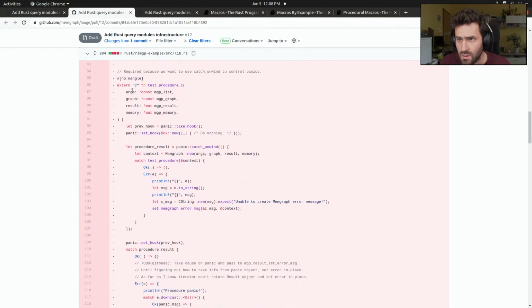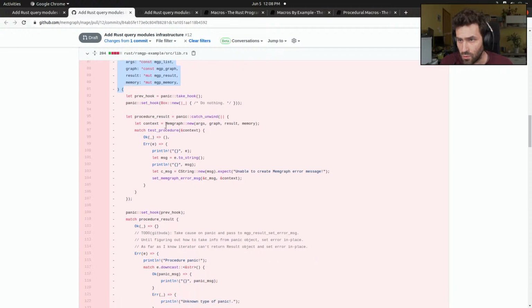So before we had a test procedure C function with all the right signatures, and this function is required to be here because Memgraph knows how to call exactly this, like nothing else can be here. But from the query modules development perspective, a developer shouldn't write all these things. I mean, it can, but it's very time consuming and error prone. Plus, all these things here are